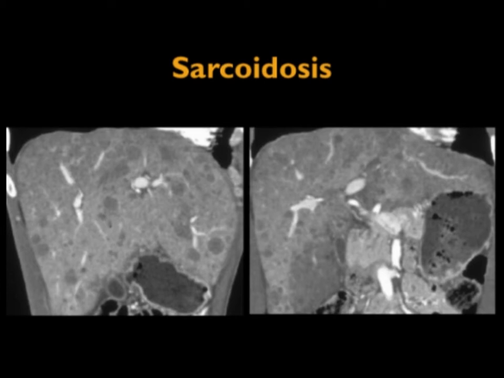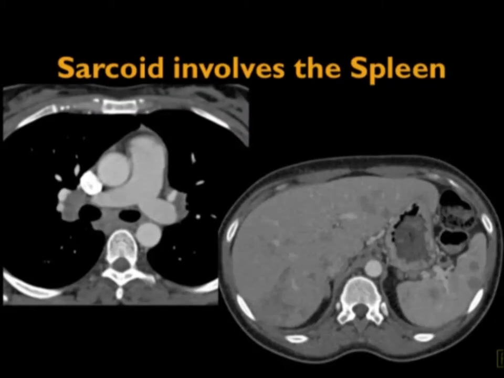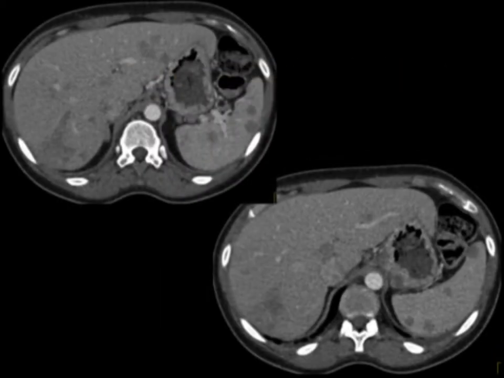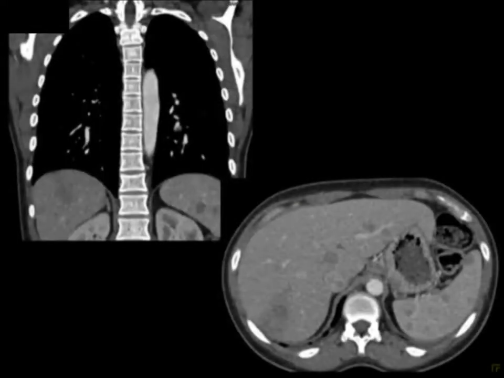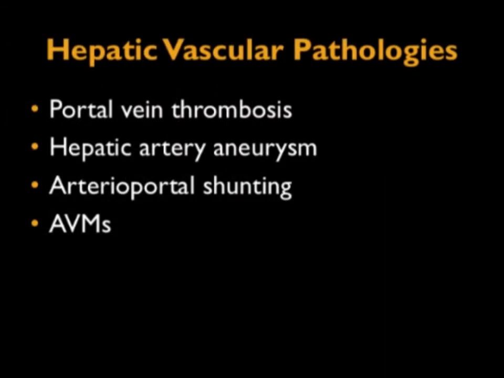Sometimes they have the diagnosis if you get a good history, but in most cases, my experience has been that there is no known diagnosis of sarcoid. Sometimes you look up in the chest and you see the nodes, and you see the spleen, and you see the liver, and you see some paraortic nodes, and it's very easy to make the diagnosis of sarcoidosis. And here's just one more set of images from that patient. Patient also had an incidental pulmonary embolism.